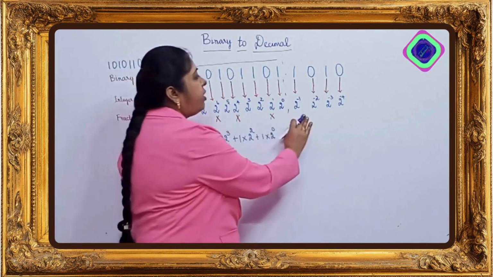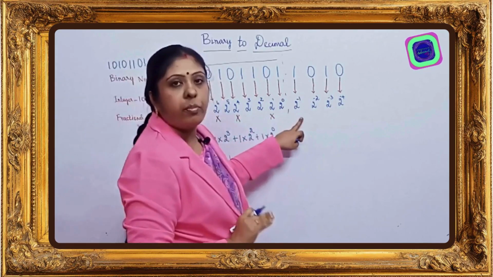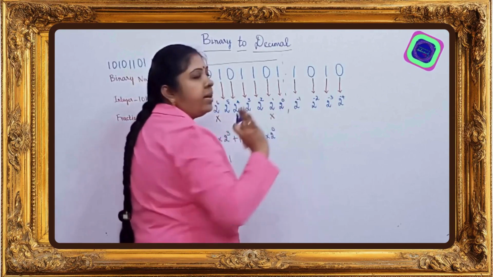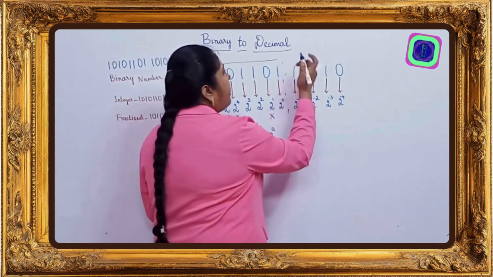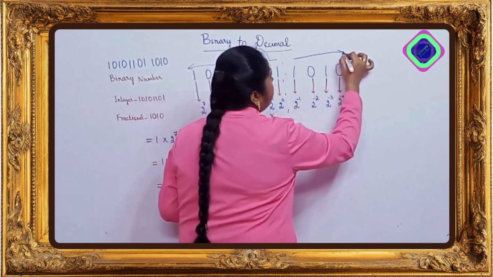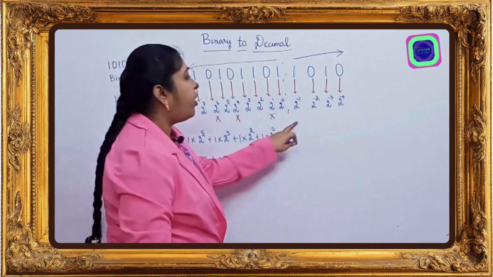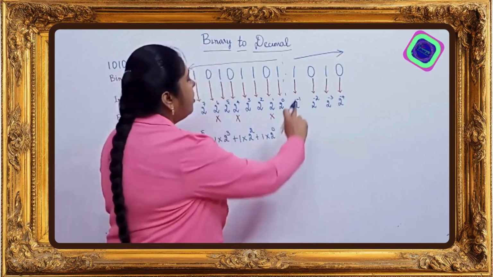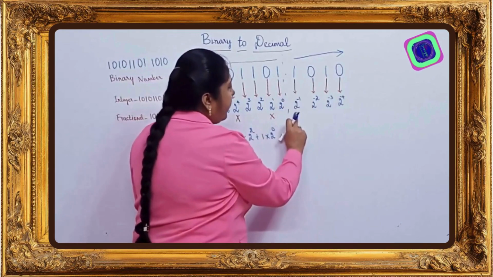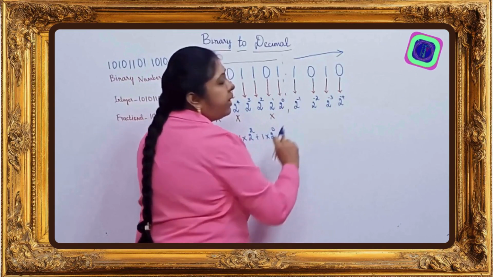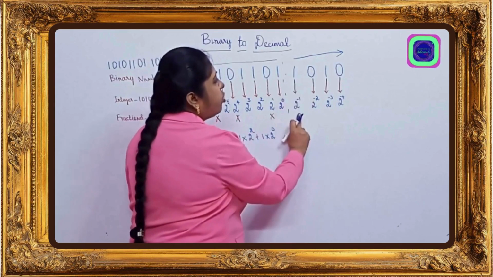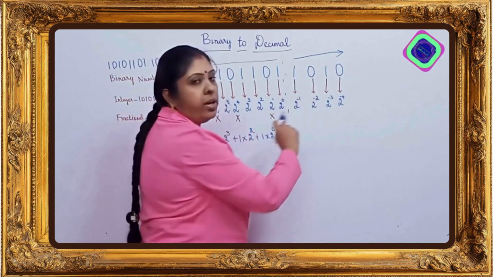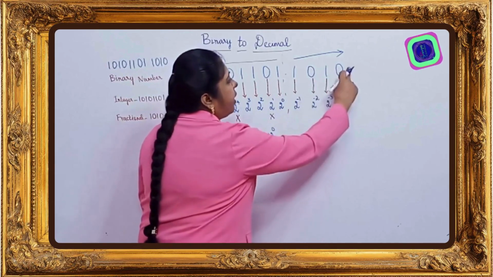The base idea for converting a fractional part of a binary to decimal is we have to add the weightages similar to the integer. But what happens is we have to add starting from the left to the right for the fractional part only, just remember. So 1010, and again the values have to be written as negative powers. It has to be incremented as negative powers. For the first one, 2 power minus 1, this 0, 2 power minus 2, 1, 2 power minus 3, and 0,